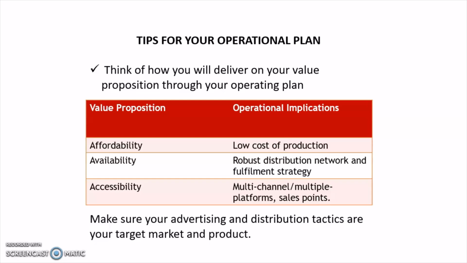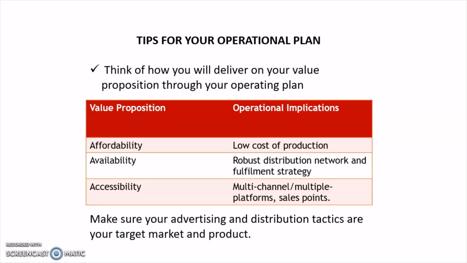You may be able to sell at an affordable price because you lower your cost of production and distribution, right? So maybe if you cannot reduce your cost of production, you lower your cost of distribution by meeting your customers directly, right?